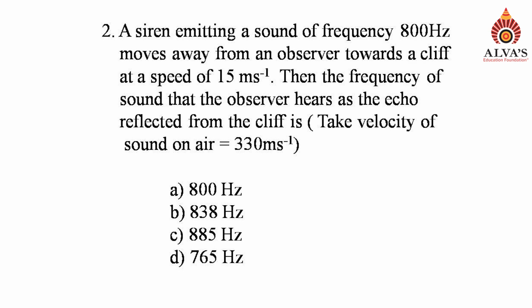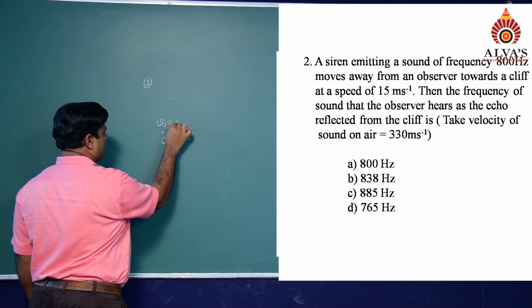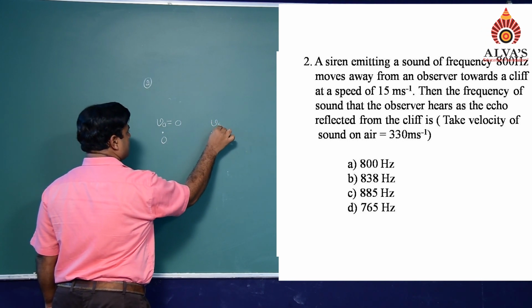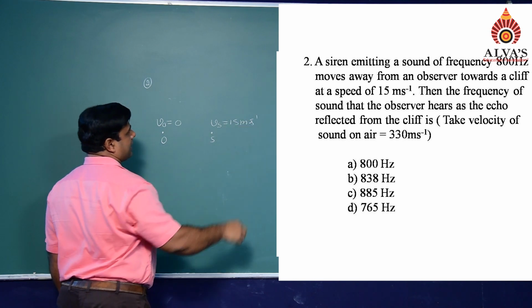Second question: a siren emitting a sound of frequency 800 Hz moves away from an observer towards a cliff at a speed of 15 meter per second. Then the frequency of sound that the observer hears as the echo reflected from the cliff is. Velocity of sound in air is given, which is equal to 330 meter per second. So, in this question, observer O is at rest. So, V naught equal to 0. There is a source producing sound which is moving with the speed Vs equal to 15 meter per second towards